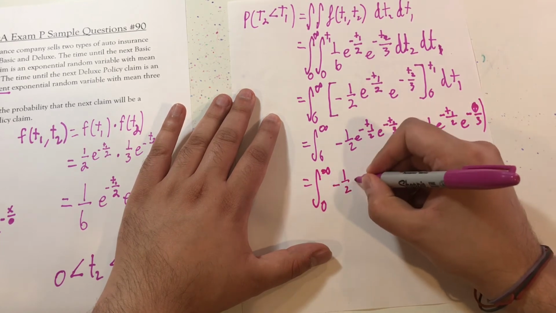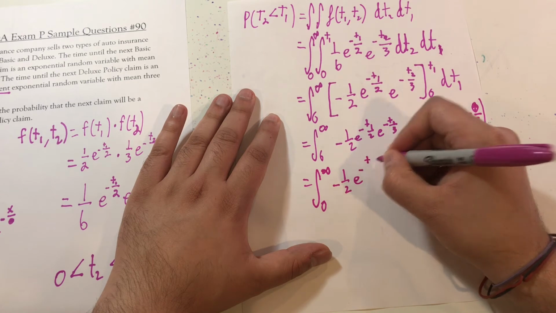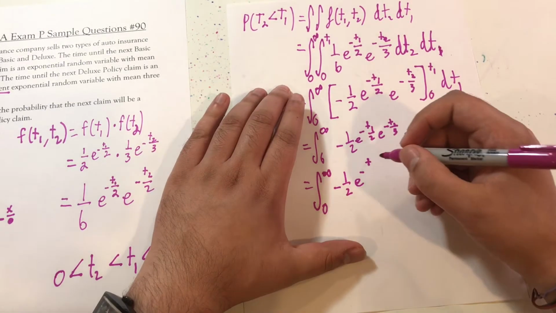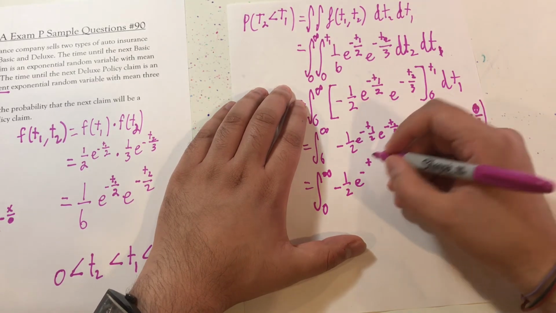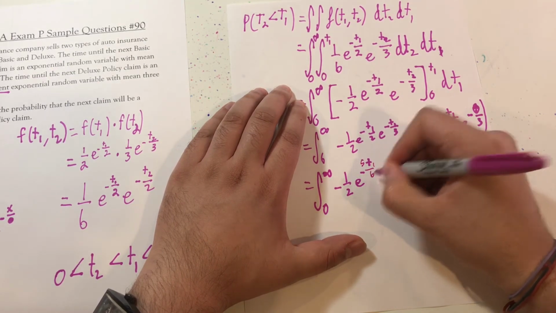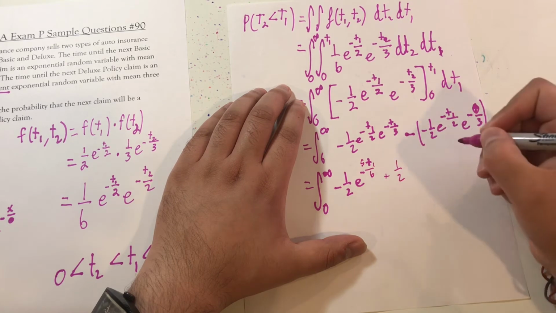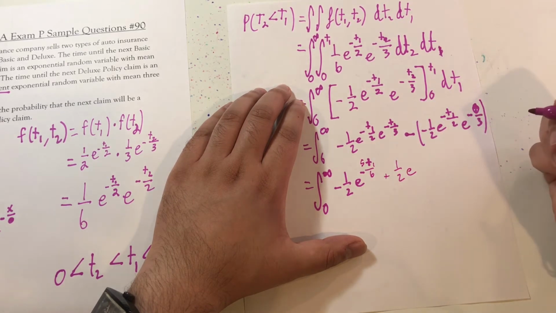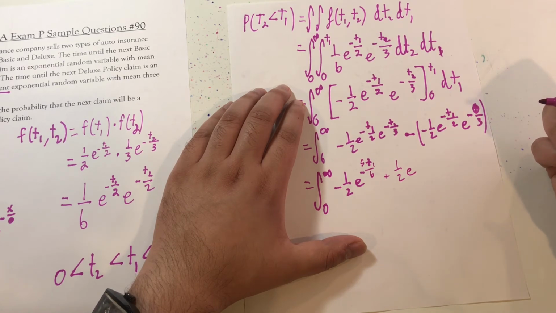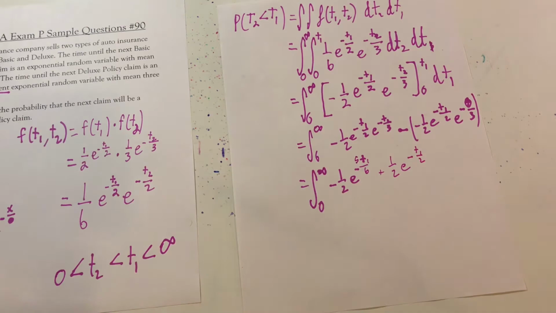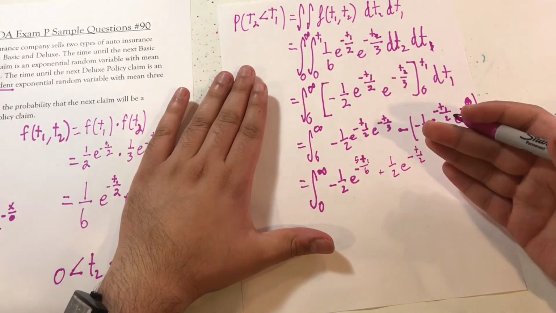So negative 1 over 2 e to the negative 5t1 over 6 plus 1 over 2 e raised to the negative t1 over 2. Now I can take the integral of this,